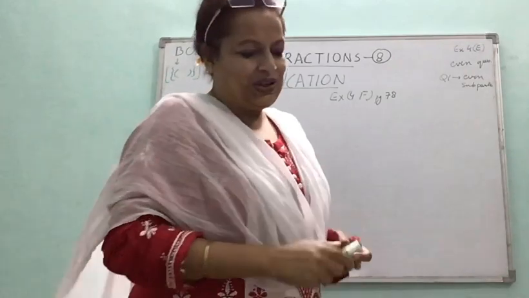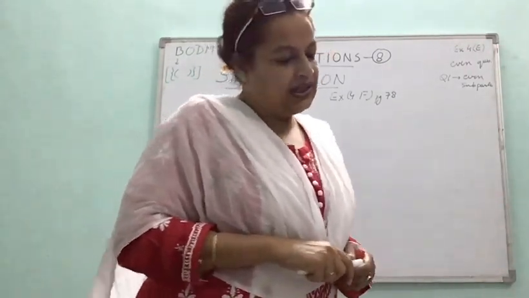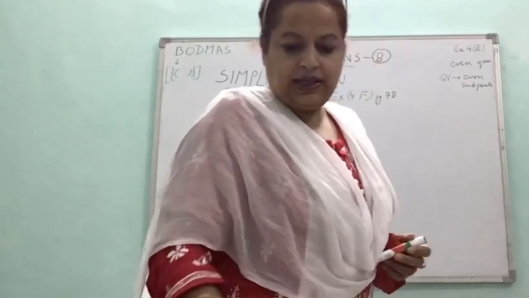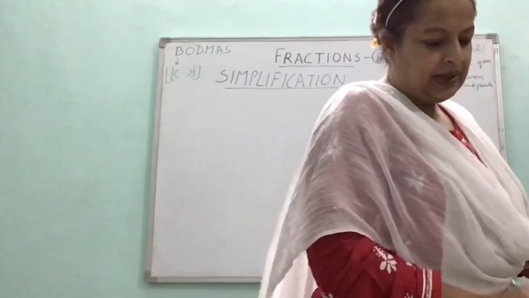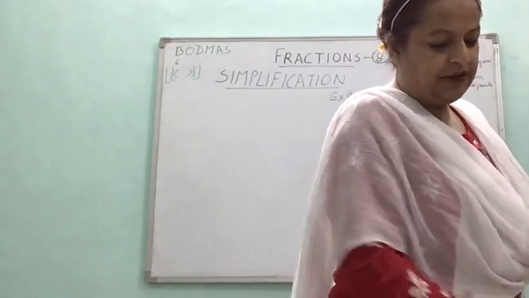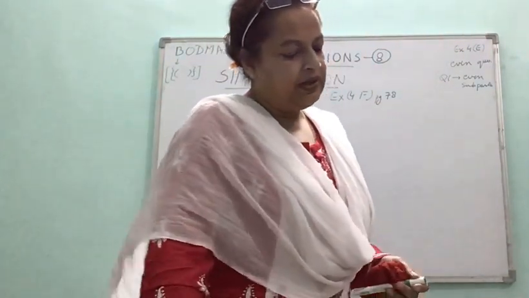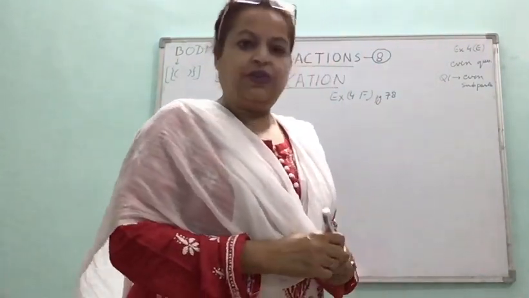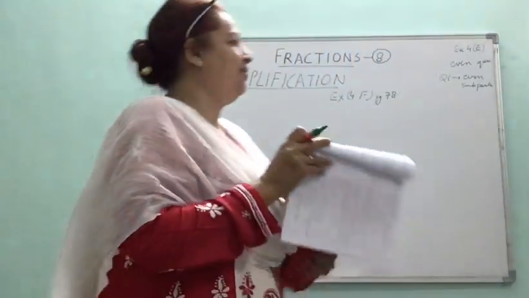So I'll take a question. There are from 2 to 15 questions in the exercise. So I'll take up the 5th question, maybe the 8th question, 12th and 14th. 4 questions I'll take: 5th, 8th, 12th, 14th. So I'll start from the 5th question.